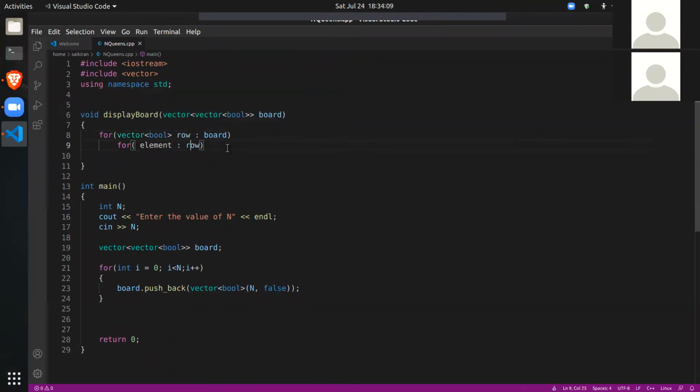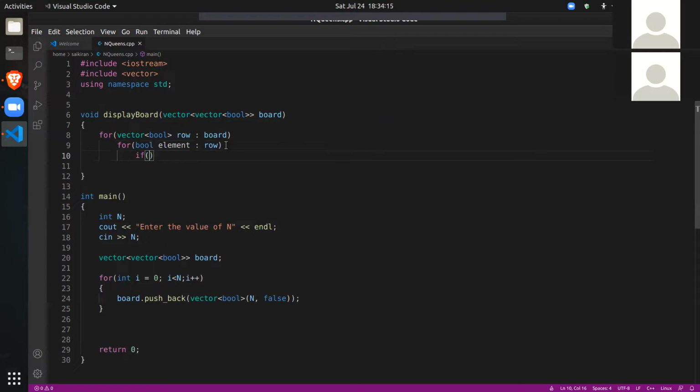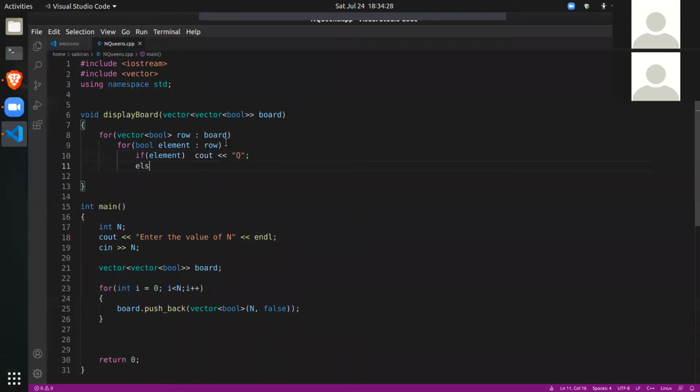So for each row, we are going through each element, and if that element is true, it means there is a queen there. So we'll put a Q, else we'll put an empty space. Okay.